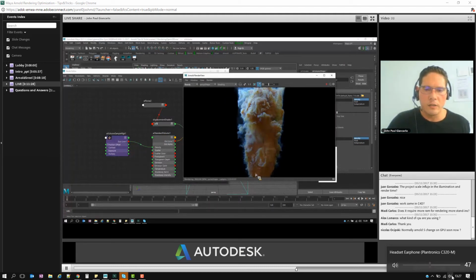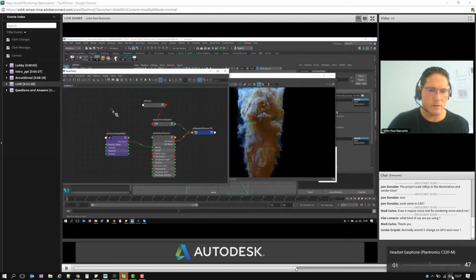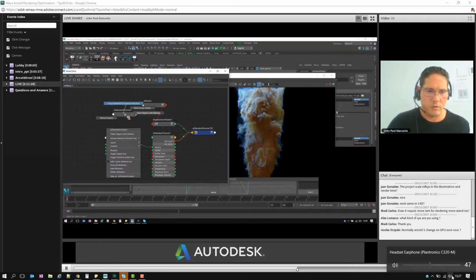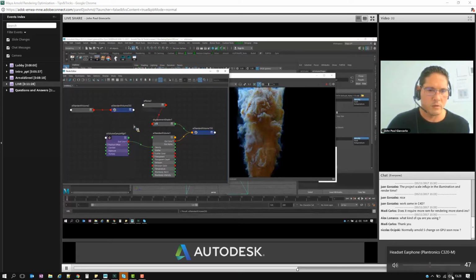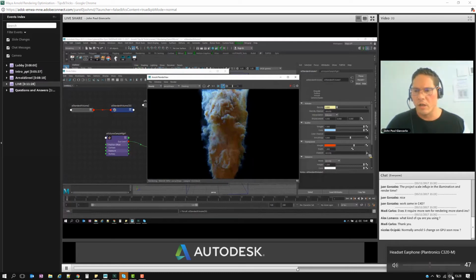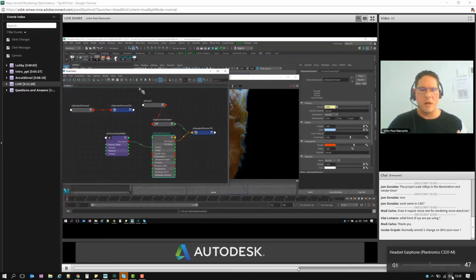Then all I need to do is select that fluid and apply an aiStandardVolume. So it's pretty much there. Once you have it selected like this, just go and do assign to selection, and that's pretty much it. When you go to the shader, it will give you all these things, and let me move these. All right, density. So in this case, what I've done is I've connected